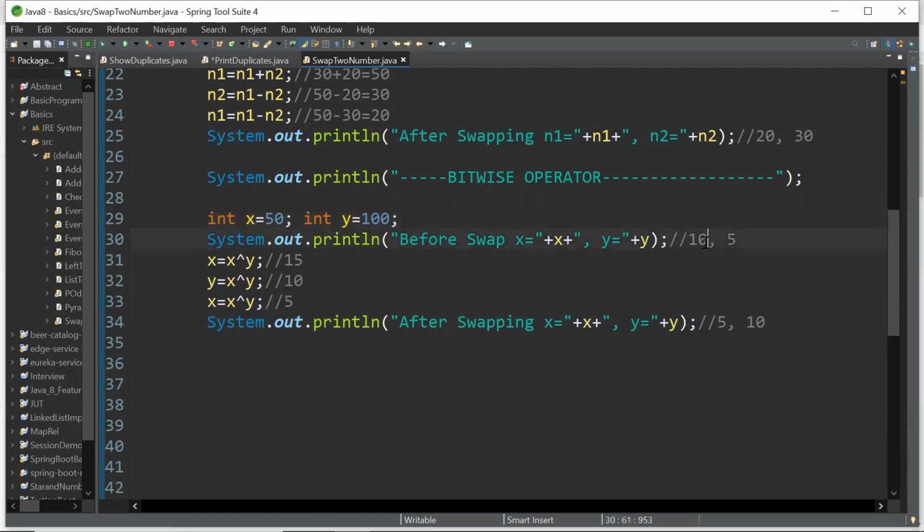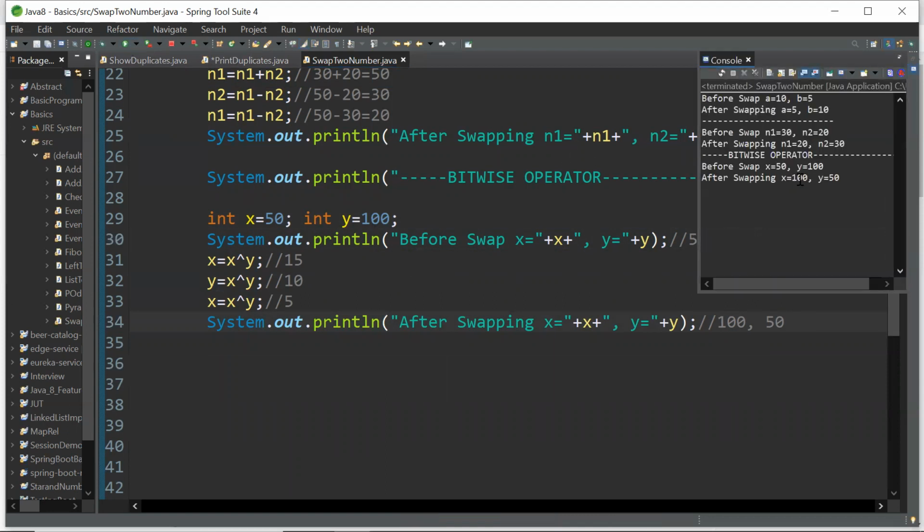Now it should be 100 and 50. Let's run the program. Yes, exactly, we got it here. x is 50, then here x is 100. The y was 100, here it is 50.